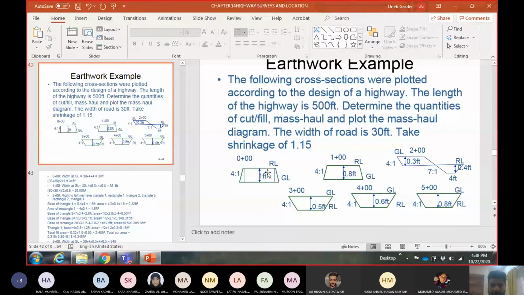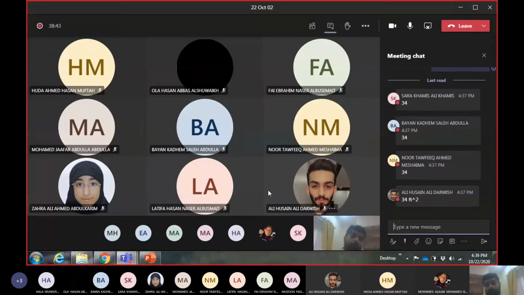So you see here, this is a rectangle. Between these two lines, a rectangle, and then this right angle triangle and this right angle triangle. The area of a right angle triangle is half base into height. So half, then I calculated the base using the height and the slope. The height is 1 feet, slope is 4:1. So the base will be 4 into 1. Okay, and the height is 1. So half 4 into 1, and why multiply by 2? Because it's on both the sides. Got it? Yeah, I got it.